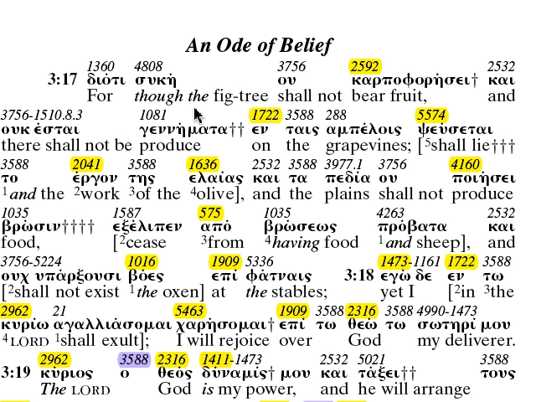For though, I put the "though" in there, for though the fig tree, because this is what I see, it hasn't happened yet. It's possible. For though the fig tree shall not carpophorisi, carpo has to do with fruit. It's a prefix, and phori is bearing. Blastophore, different kinds of phori. There's something that bears something. Though the fig tree shall not bear fruit, and there shall not be produce on the grapevines,